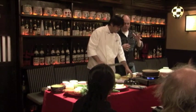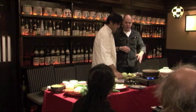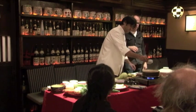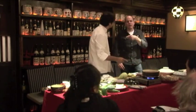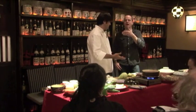So Tadashi, you put the chicken balls in. Chicken balls in, okay. Got water, kombu, put a little salt in here, and chopped garlic to give a little more extra flavor. And you don't see a lot of garlic in Japanese cooking. No, not really, but this is the recipe we got from a sumo guy,